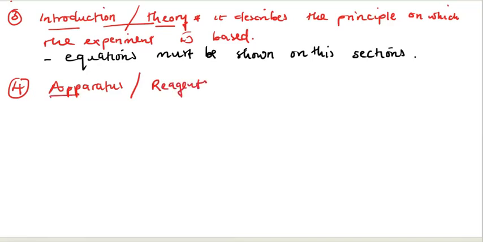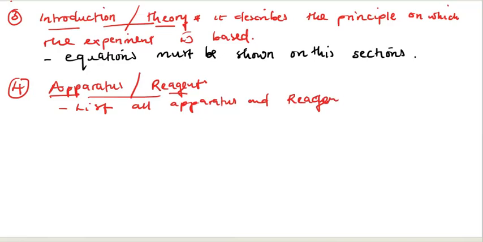So on this section, you're going to list down all the apparatus that you're expected to use, as well as the reagents, the chemicals that are involved in this experiment. You just have to list them down on this section,